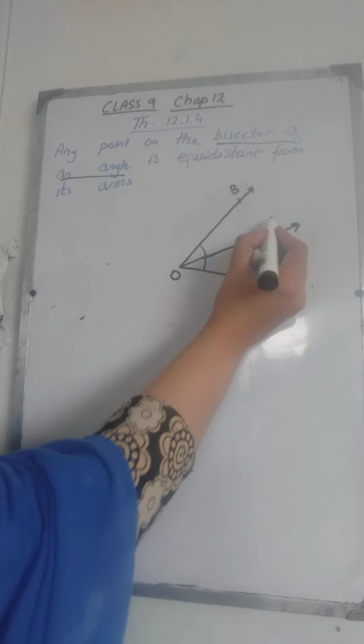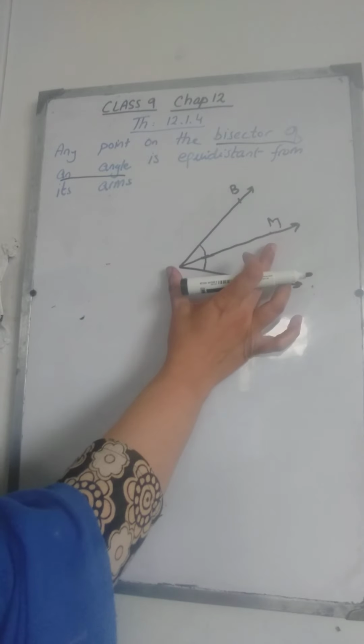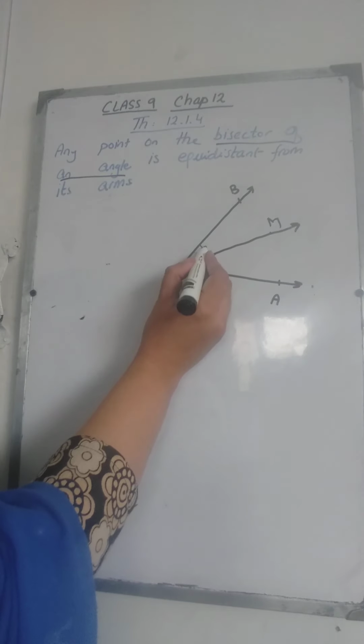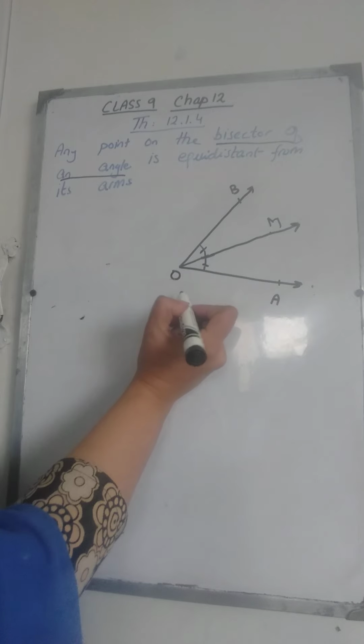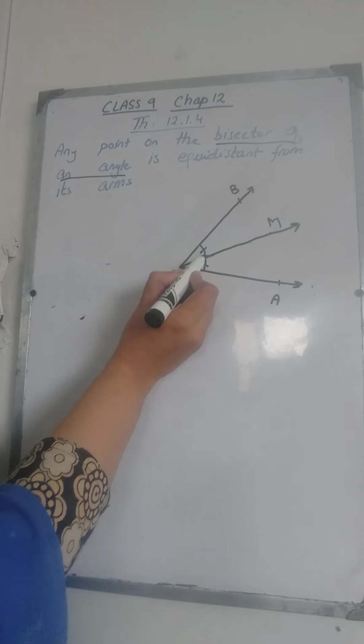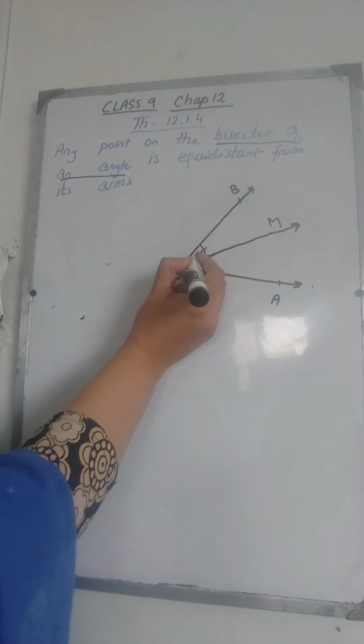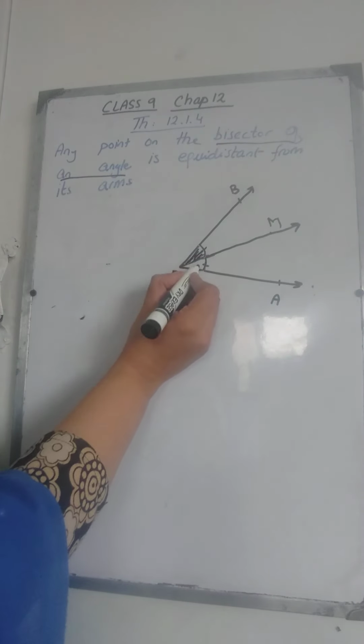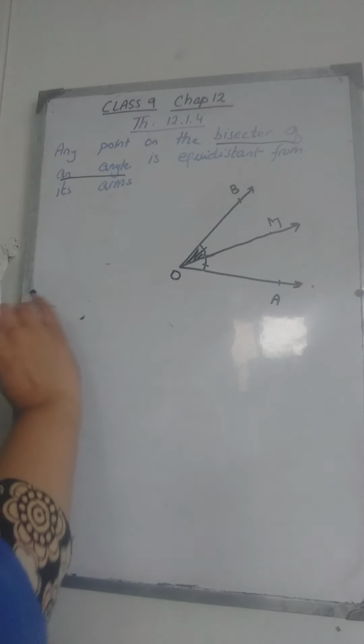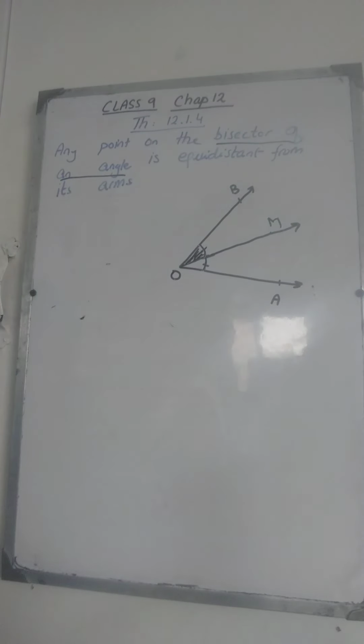As it is the angle bisector, let OM be the angle bisector. Therefore this angle will be congruent to this angle. Now this is one half of the angle and this is the other half, because this line is just passing in the middle of this gap. So we are given also